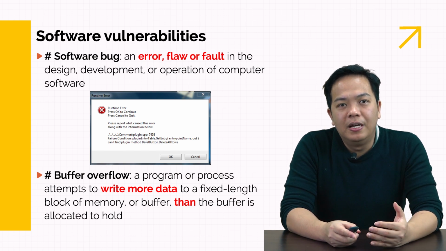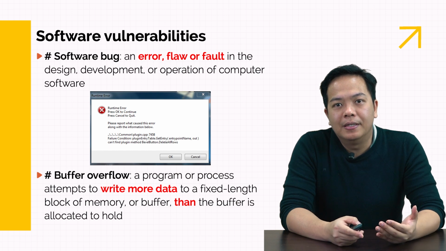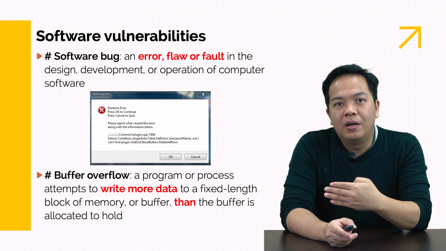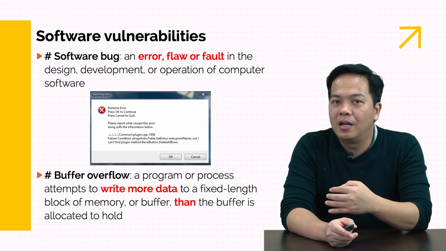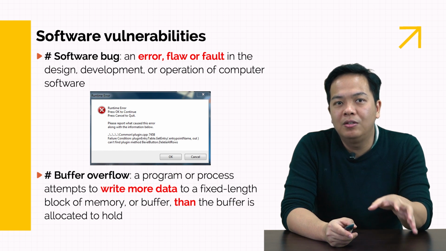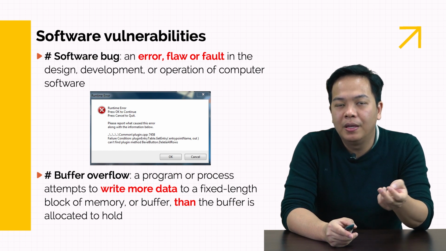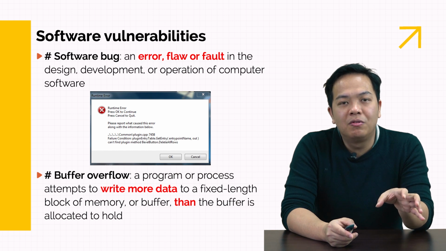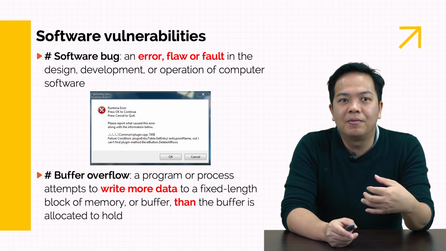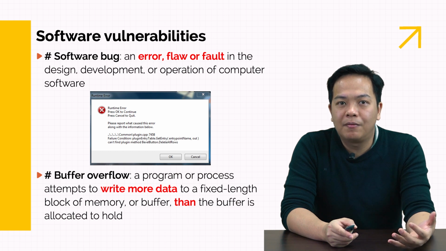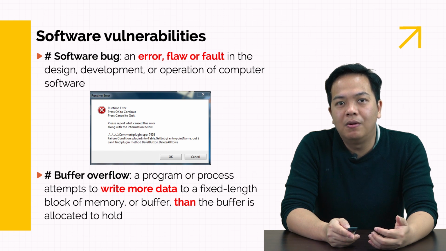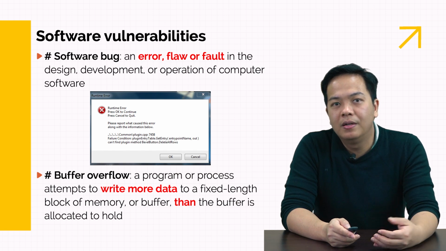Yeah, so we will learn about the buffer overflow problem later, but this one is a very famous problem because this very often happens in practice. The developer just tries to declare the variable in the programming, and they use a fixed length for the variable, and the hacker just tries to put more data than the fixed length block of memory, so that can create a crash for the whole software. So buffer overflow is still big trouble for many current software.